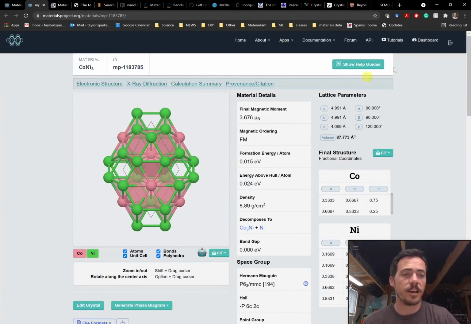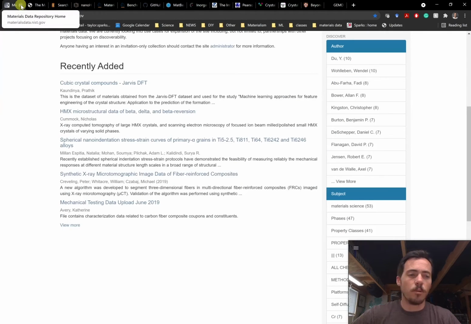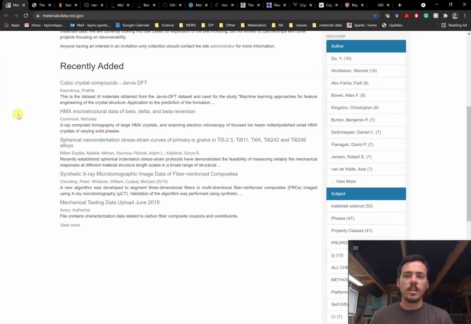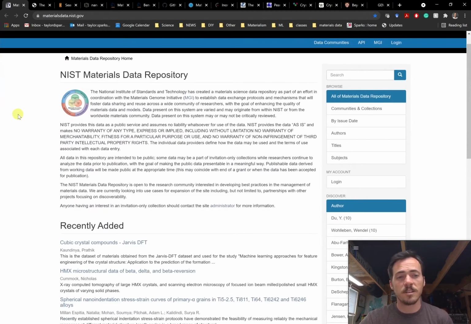Great resource, and it has an API, so you can access it via code, right? So that's Materials Project, very cool resource as well. Let's keep going. So in addition to the DFT databases, there's other really good repositories, and some of these contain